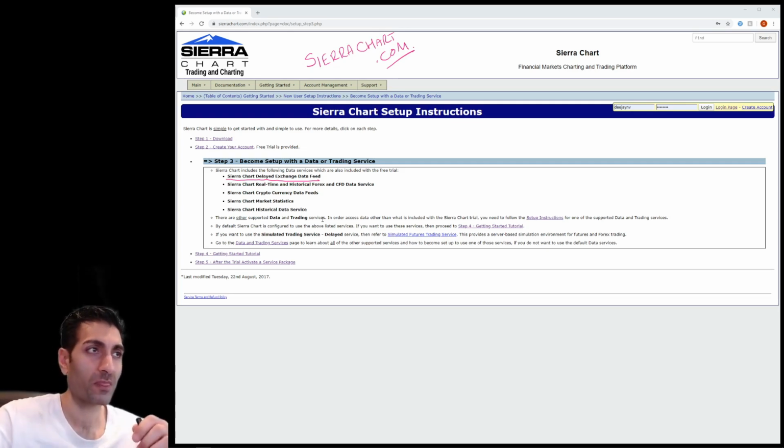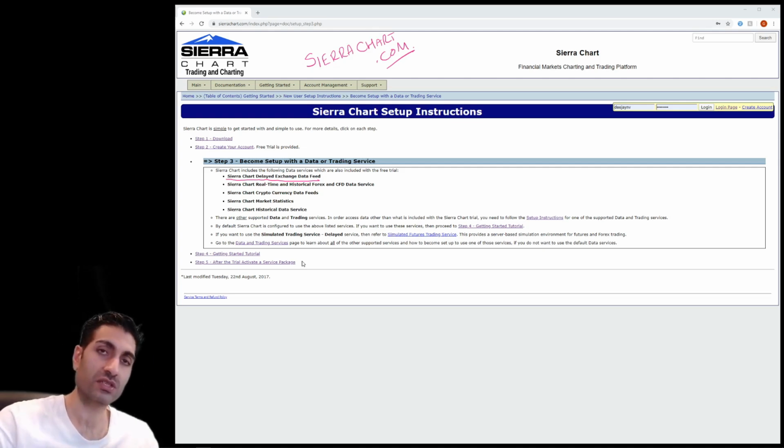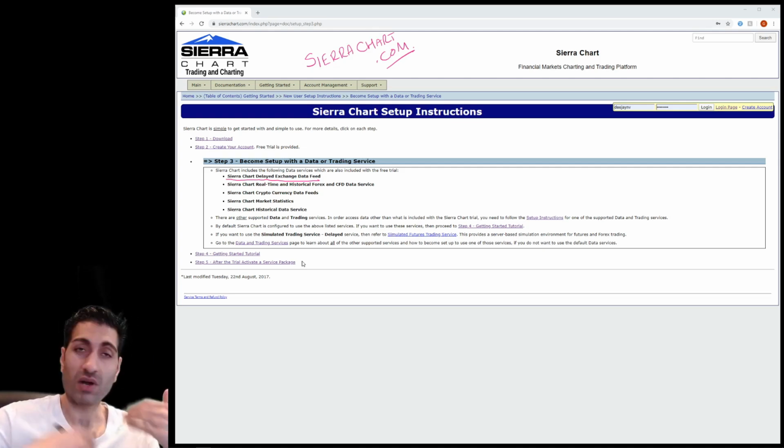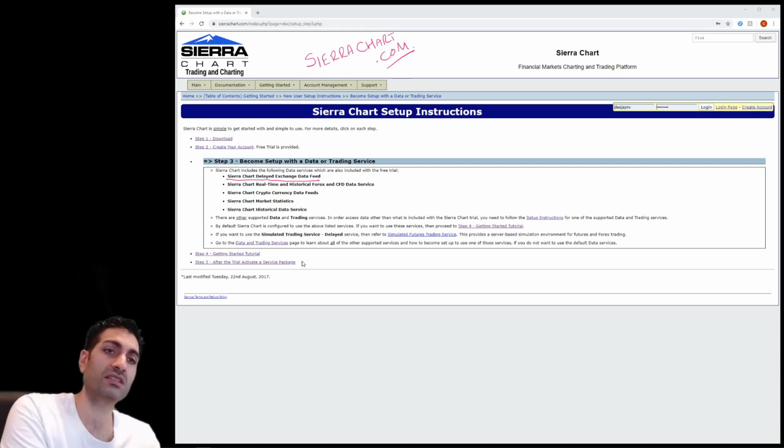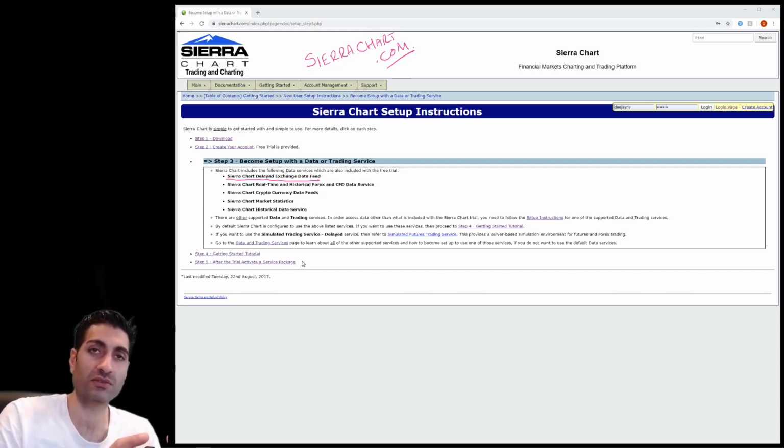So as you know, it says here, read the getting started tutorial, step 4, and then step 5, after the trial, activate a service package. I mentioned this in the comparison video, but there's certain levels. My recommendation is obviously you go for the best level. As I said, if you pay for a year up front, it works out about $25 a month. Otherwise, I think it's about $35 or $36 a month. Now you might think, oh, I don't want to pay for a platform, but